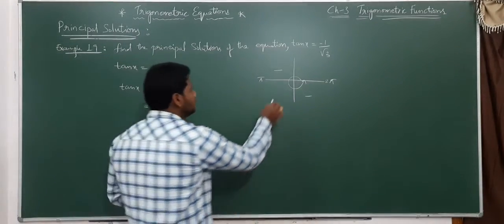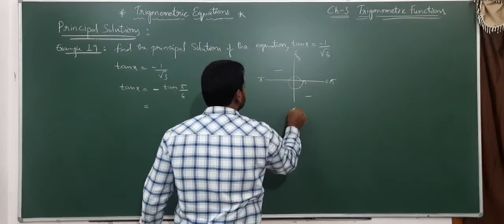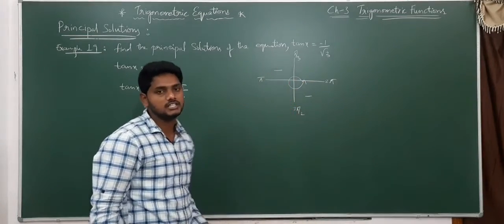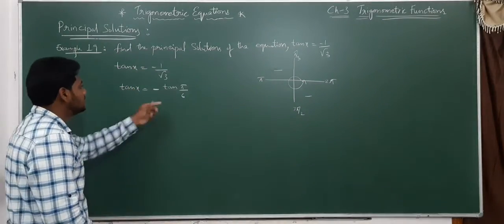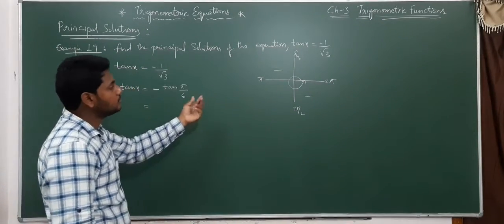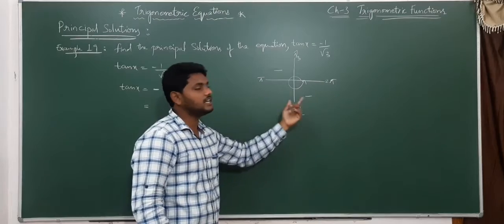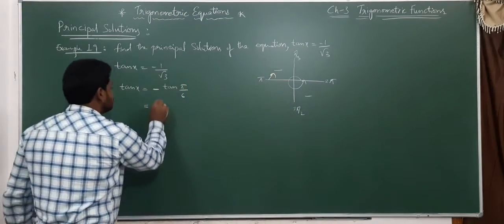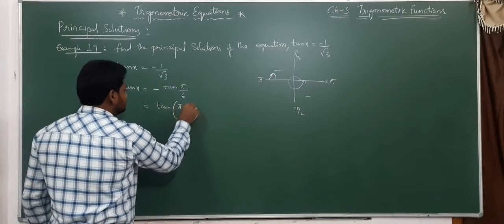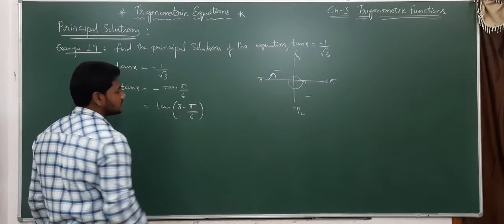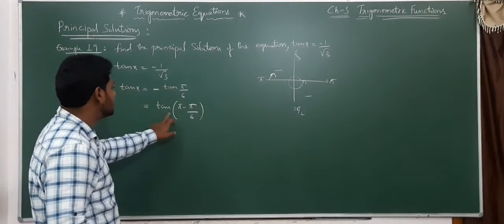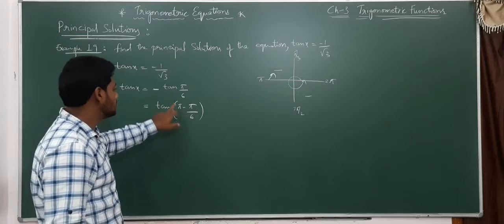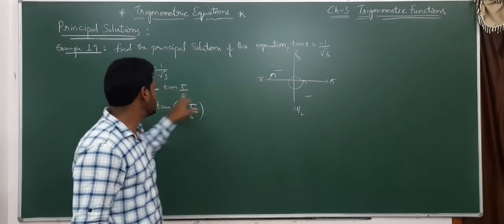Why? Because if we use pi by 2 and 3 pi by 2, pi by 2 plus or minus, 3 pi by 2 plus or minus, the function will change. We don't want to change the function. We need the same function. So we need to use only these even angles pi and 2 pi. So as it is in second quadrant, what can we use? Pi minus. So tan of pi minus pi by 6. Because with pi, an even angle, the function won't change. Pi minus, second quadrant, tan is negative.